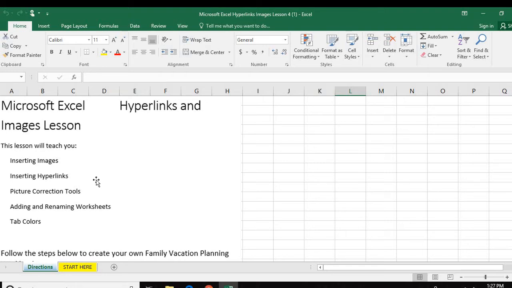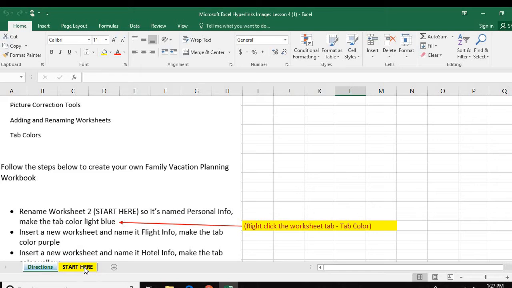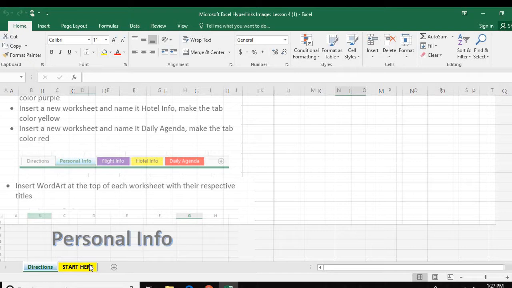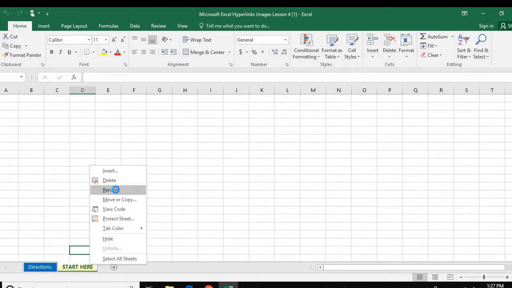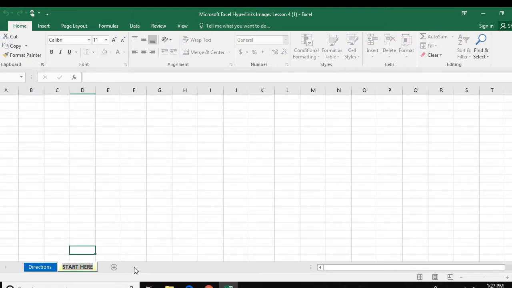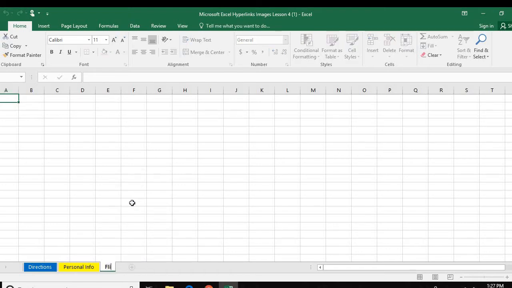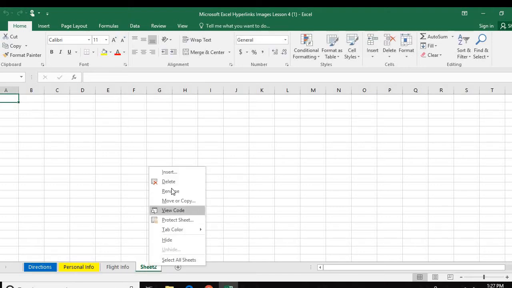So the first part of this lesson is that, remember, it wanted you to create your tabs. At the bottom here, you have to rename. That first one was supposed to say personal info. Like I said, this is something we've already done. The other one was supposed to say flight info: right click, rename. Another tab is supposed to say